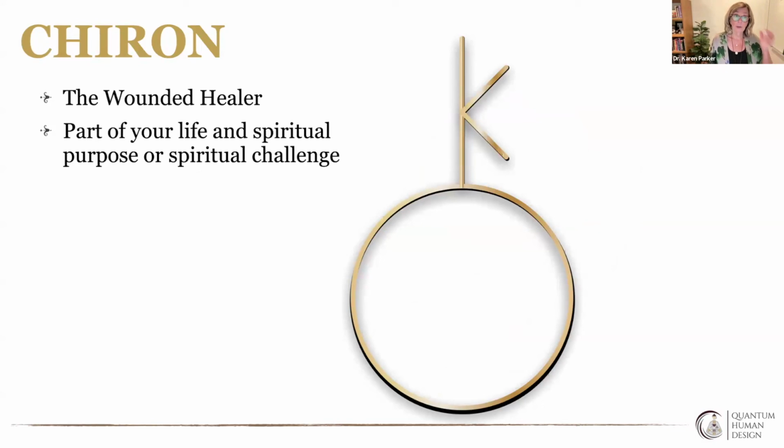And of course, our final little exploration here, which we're not going to do too much on in this one, but this is just for your benefit when you look at your own chart. Your Chiron, if you run a chart with me and you run a quantum human design chart, which you can do at freehumandesignchart.com, which will come in the quantum language. I always have Chiron on the chart because I always look at Chiron, because my clients tend to be people who are here on a spiritual path, and often a lot of them are healers. Maybe you relate to that. And Chiron is a place that teaches us about our own wounds that we have to heal so that we can then become better healers and better be able to help others heal as well.